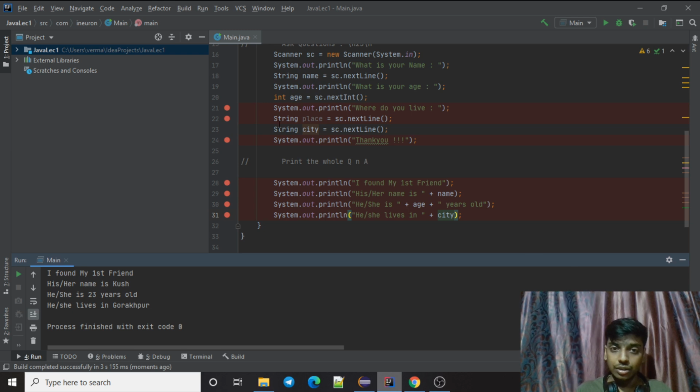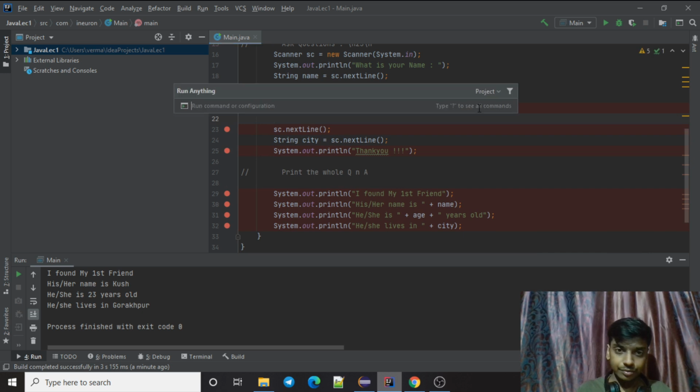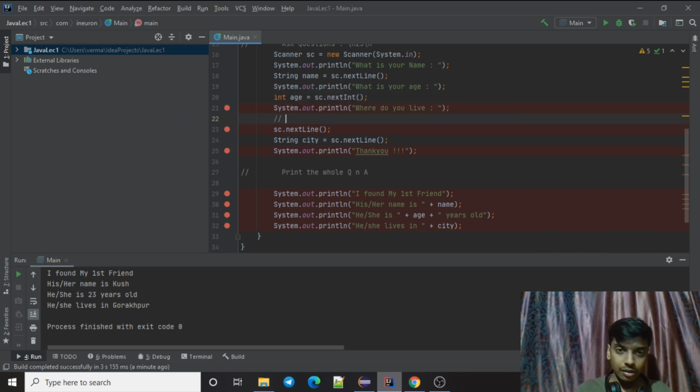So this is the one solution. You can write a dummy nextLine that consumes the remaining dirty read and prepares for your next input. And you don't even need to create a variable here, you can just do sc.nextLine. That will also work because we are not using this variable, right? That will just consume your empty string and advance your cursor to the next line, and you are good to go to read the next input. So that's one way to avoid